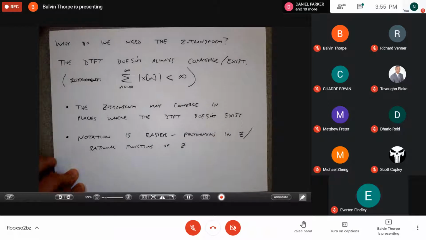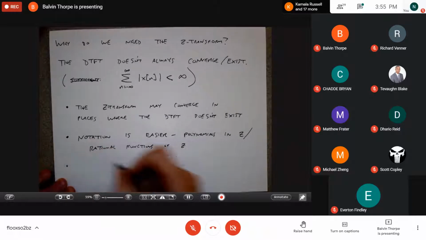So in general, you lose all these e to the j omega things that were a bit tedious to keep in mind. Like when we were doing the homework on the DTFT, you have to keep track of all these e to the j omegas, and it's kind of a pain. Whereas z's are much cleaner, just like manipulating polynomials.